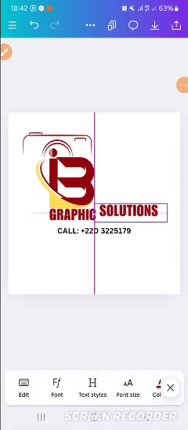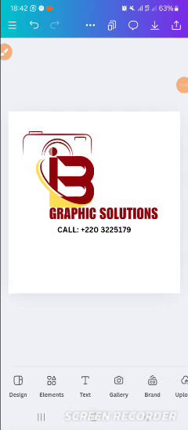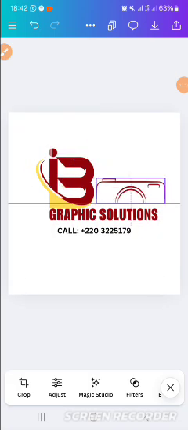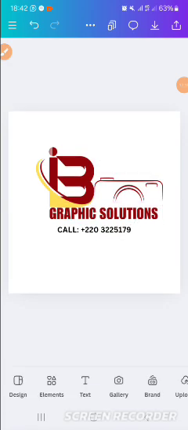Just try to play along with the text, play around with the fonts, your shapes, your elements, and see how best you can come up with something different. So I'll be expecting